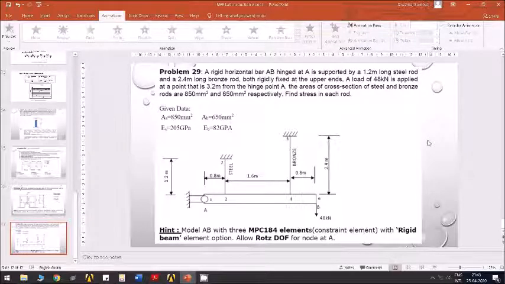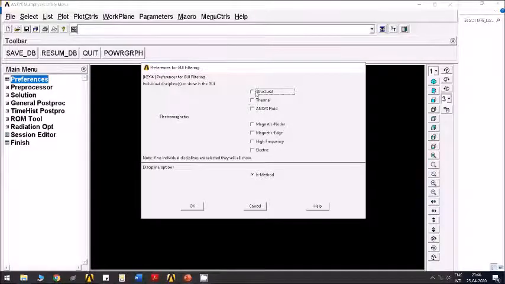Now steel and bronze wires are undergoing axial deformation. We are going to model them, but rigid bar AB is represented by using MPC 184 elements. MPC stands for multi-point constraint, which is an element type used in ANSYS for modeling rigid members. Preferences I can set to structural.